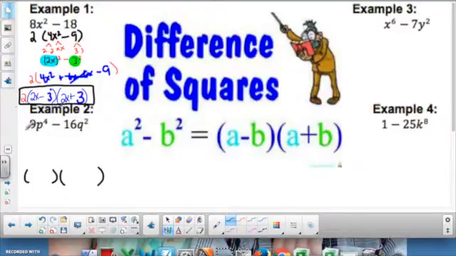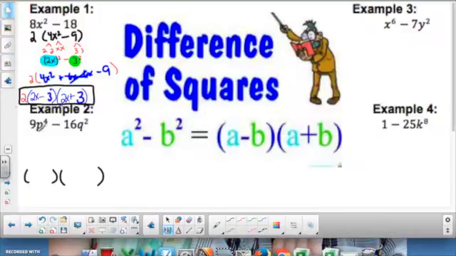I'm going to think about what is the square root of each of these. Well, 9, square root of 9 is 3. Square root of p to the 4th, that's 4 p's, which means the square root of it would be p squared. So let me just give myself a little bit more room and show you what I mean by that. If I take the square root,